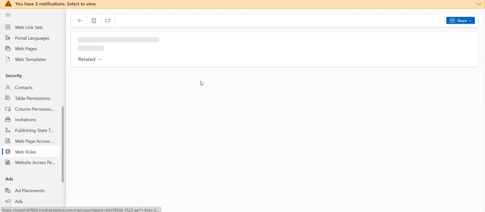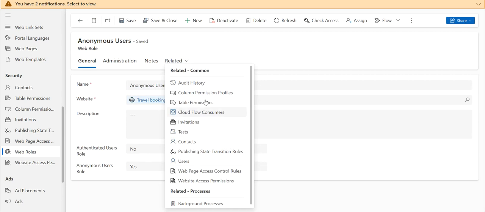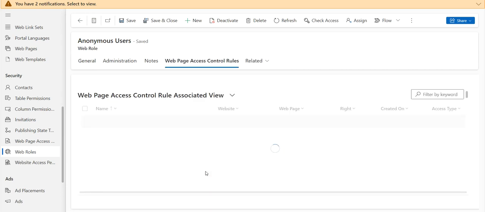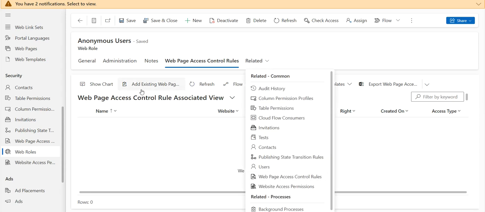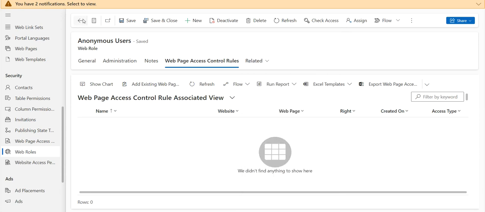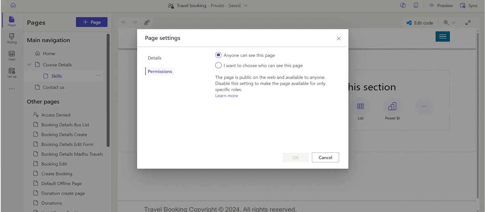So automatically, when you go to the anonymous users and open the web page access controls, we can see whatever pages they are able to see. Right now my page is private. When we make it public, automatically we can see the home page here. So what we are going to discuss here is using web roles. Now I mentioned that anyone can see this page, right? So now